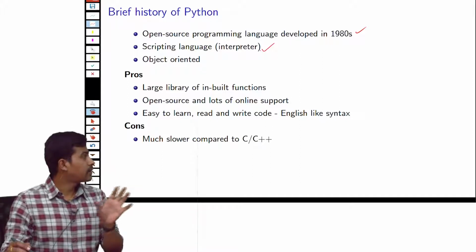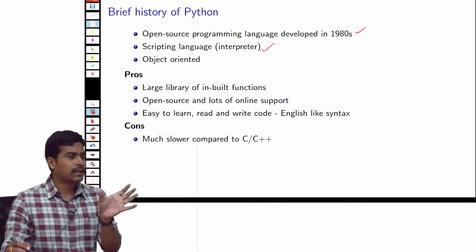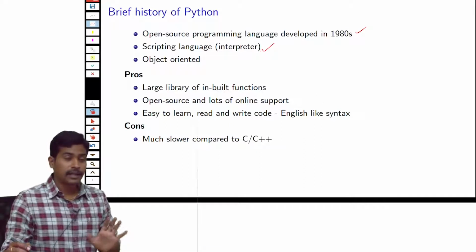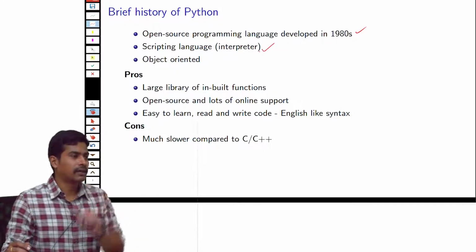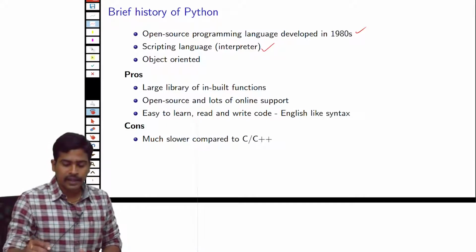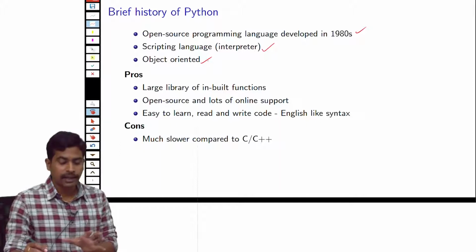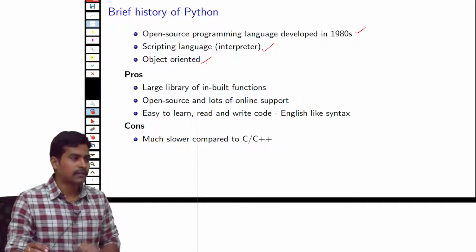For example, if you have an error in the 10th line, the interpreter goes to the 10th line, and if there is an error, it stops there and doesn't execute the next lines. But a compiler will compile the whole program, even if there is an error somewhere in between. Python is also an object oriented programming language, and we are not covering this aspect in this lecture because it's beyond the scope of this course.